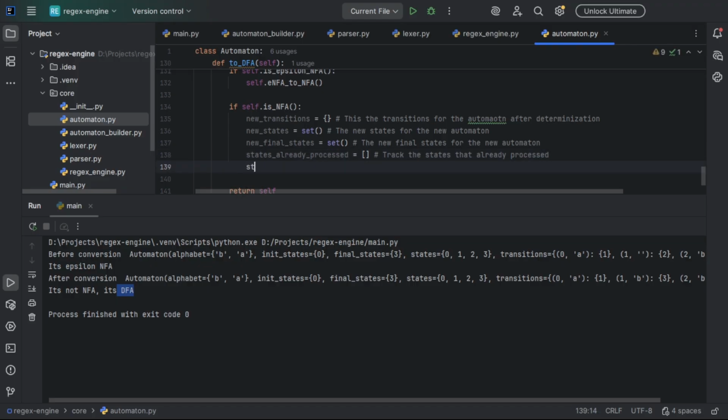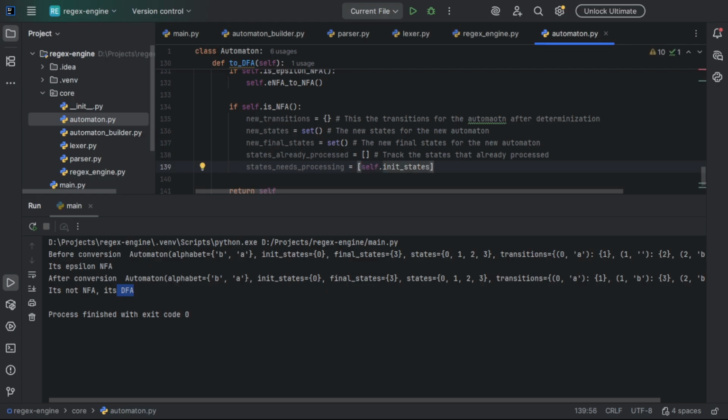Also we need to initialize the states that need processing. For these two variables, there are two stacks. The first one tracks the states that are already processed, and this one is a stack that tracks the states that need processing. So let's initialize it with